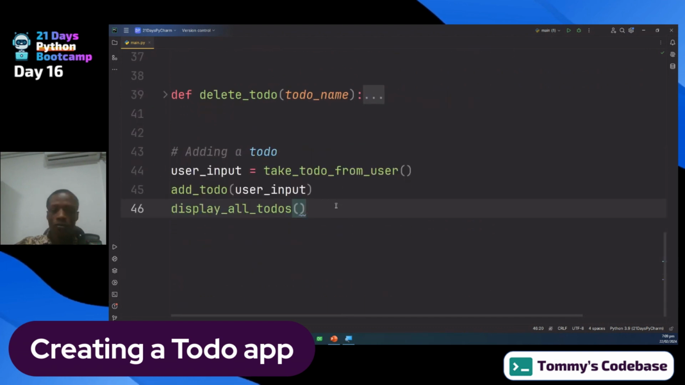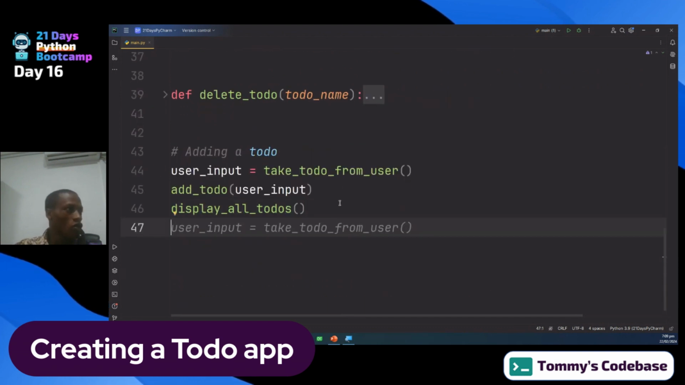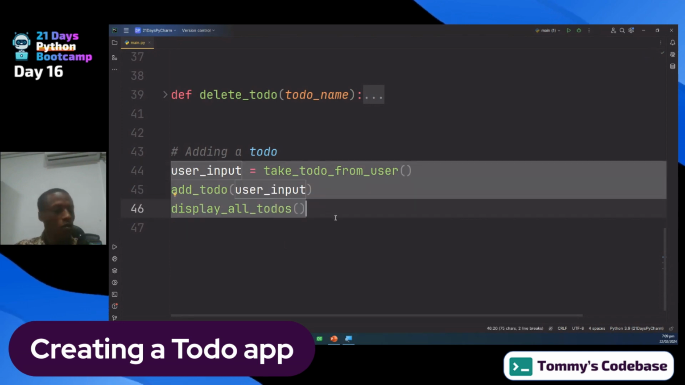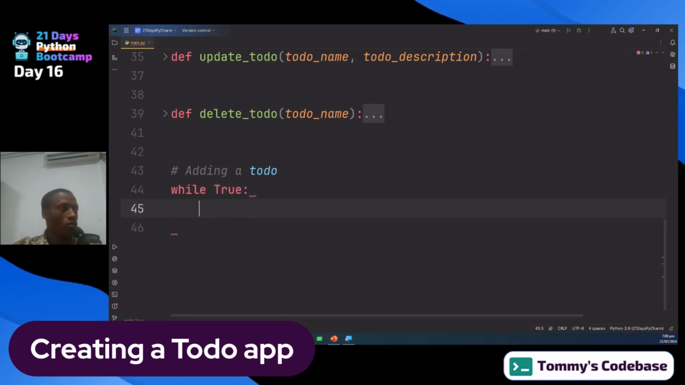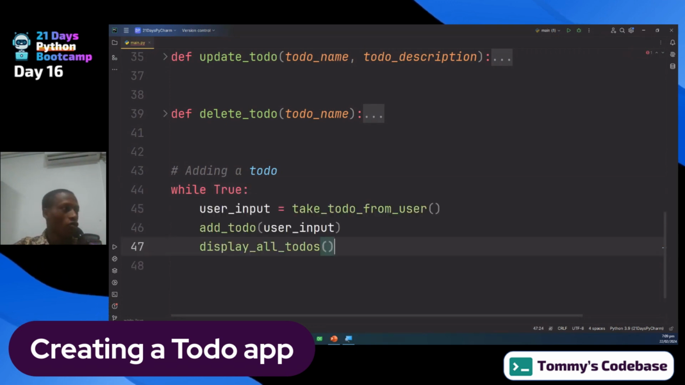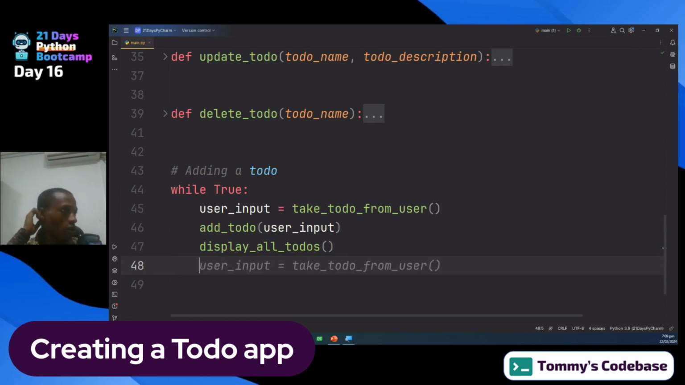Okay. So now let's test our code and see. And because I want to add more than one item, let me convert this one into a while loop. So I can say while true, and then I want to perform this. I need to keep